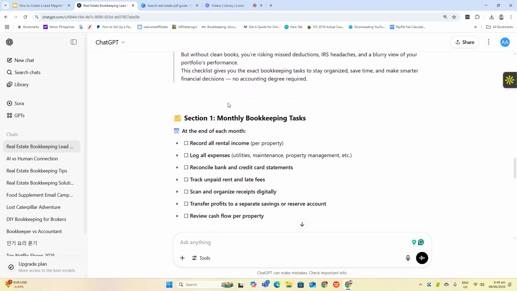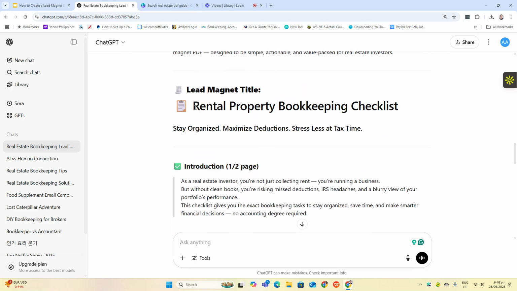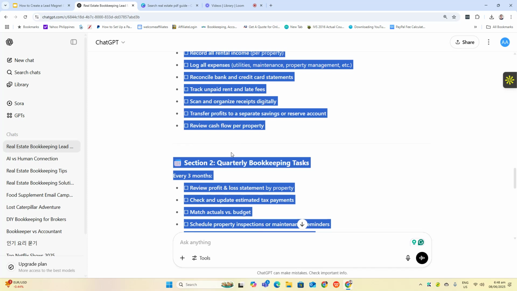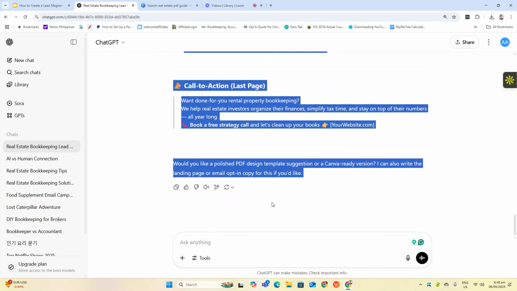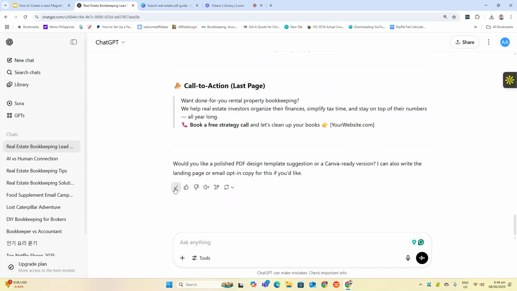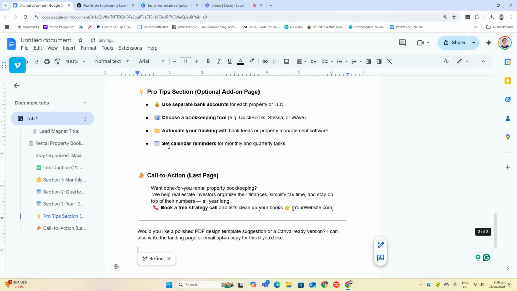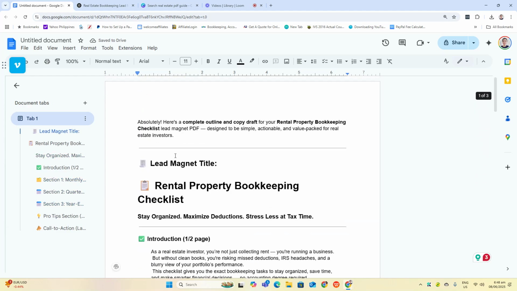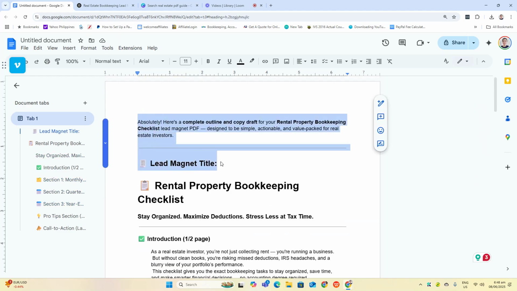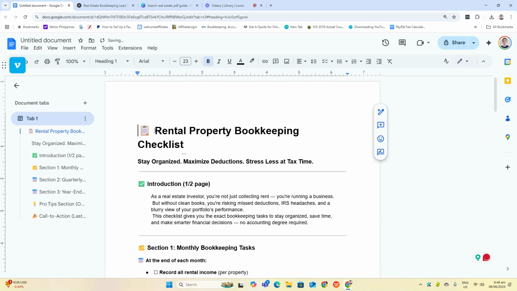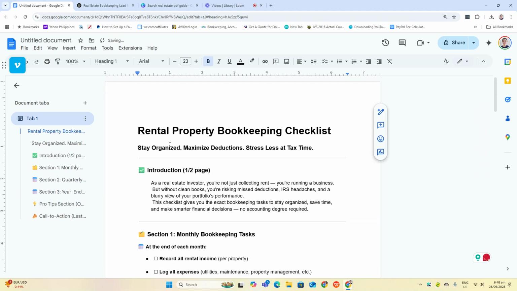So you have the content. What I'm going to do is copy this one, or you can use this one, copy, and then you save that to your Google Doc. And then here, you can edit that.